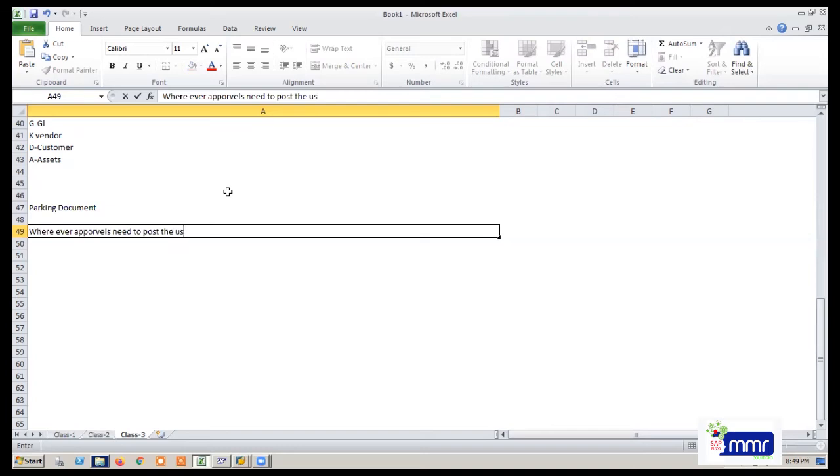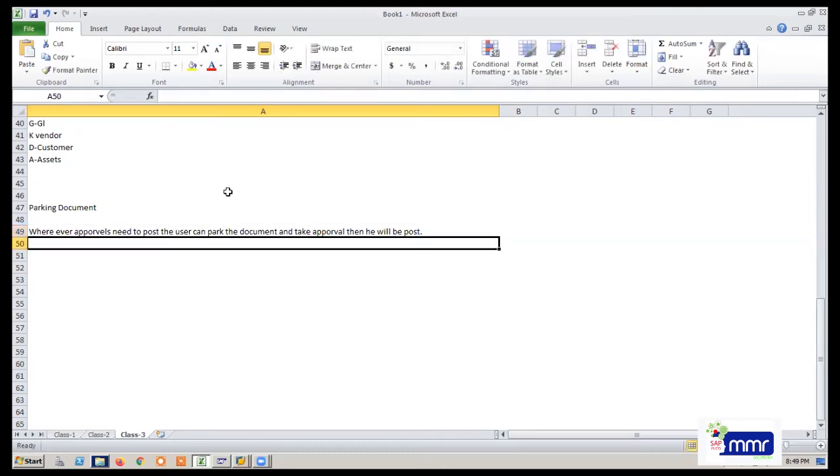The user can park the document and take approval, then he will post. Sometimes a user has authorization to post up to 1 lakh rupees. An invoice comes with 2 lakh rupees, but because of the authorization issue, they don't have authorization to post more than 1 lakh rupees.